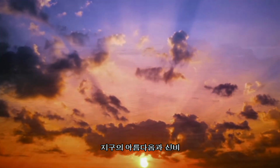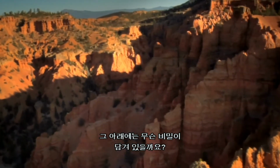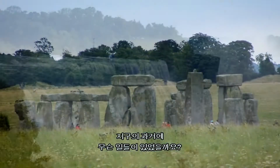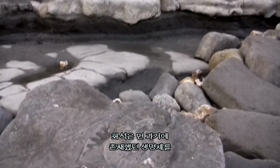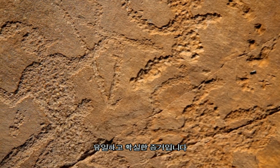The beauty, the mystery, and the history of the Earth. What secrets lie beneath its surface? What clues has it left about its past, about our past, about where we come from and how we got here, and when? Fossils are the only hard evidence that can help us understand what life existed in the distant